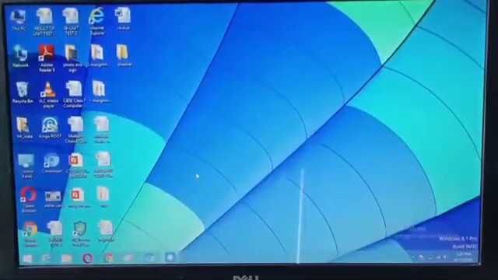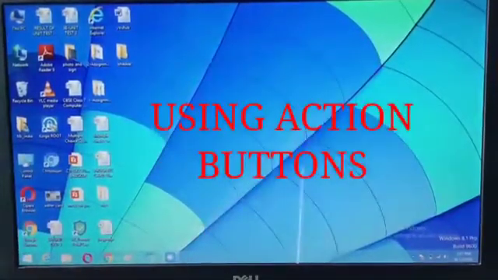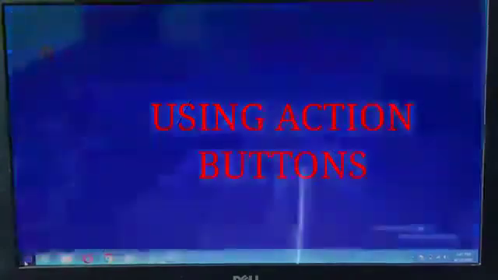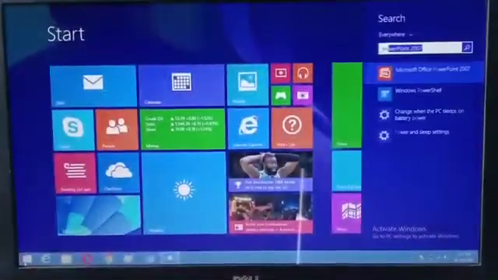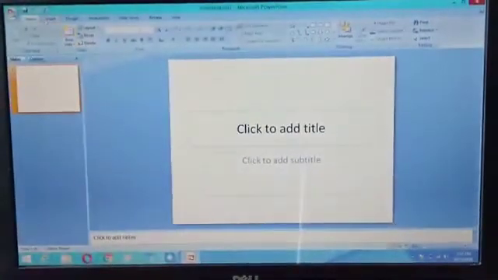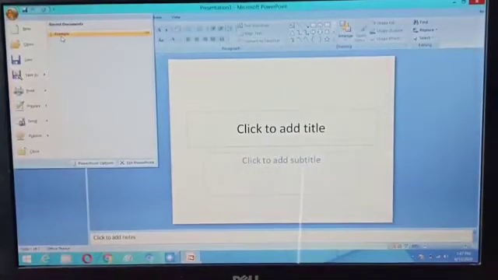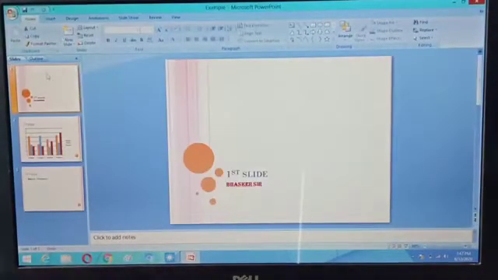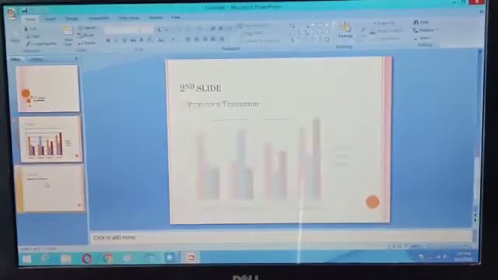Students, today I am going to explain using action button. So let's start PowerPoint application, and I am using my example presentation. Already made it. Yes, there are 3 slides, and today's topic is